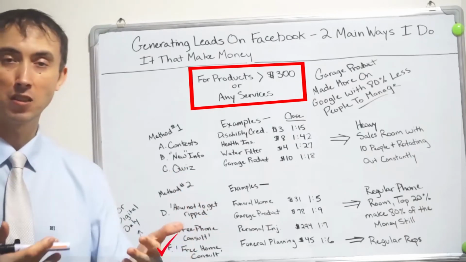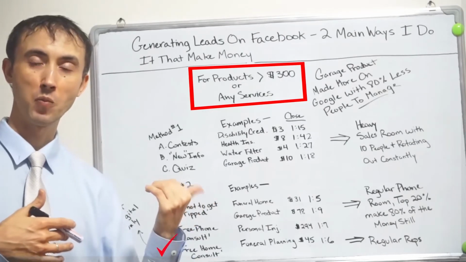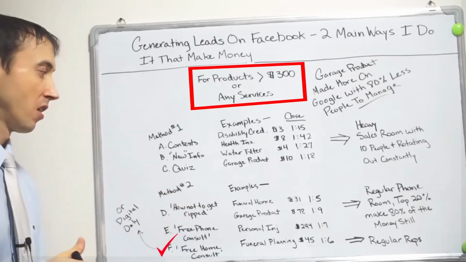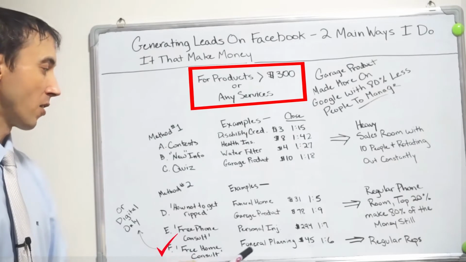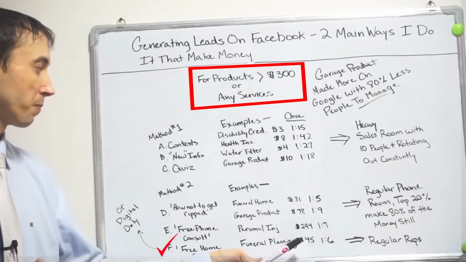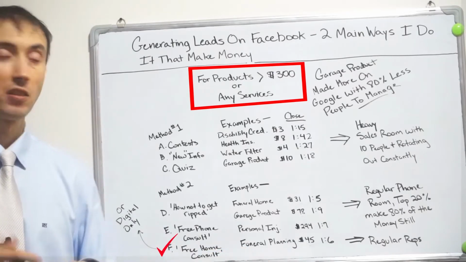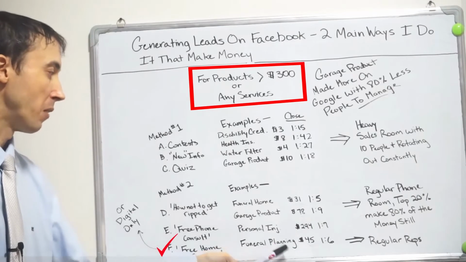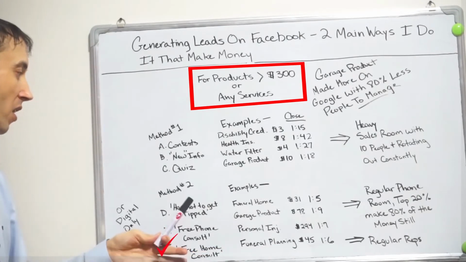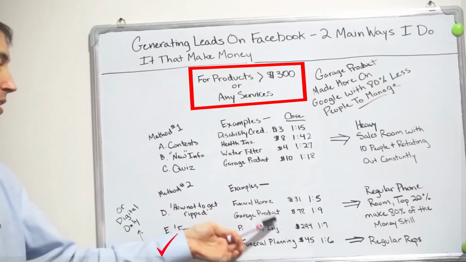So it was an interesting spin on having a phone call, which they generally prefer less, and which makes sense, right? When we made that offer to people with that kind of targeting, it was $45 a lead, and we closed 1 in 6 leads. So that campaign was profitable as well. Everything is profitable except for this garage product, as I mentioned already, where we offer to have that person